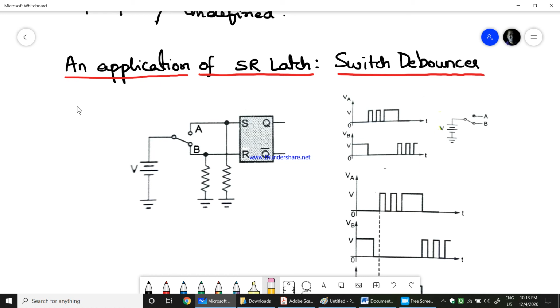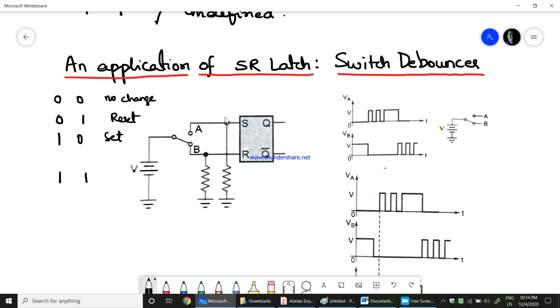Now we all know about the SR flip-flop. When S is 0 and R is 0, it is no change. When S equals 0 and R equals 1, it is reset state. When S equals 1 and R equals 0, it is set state. Now if we take this into consideration, the switch cannot make both conditions 1, right? The switch cannot be on at both positions. The switch will never work when both are on, right?